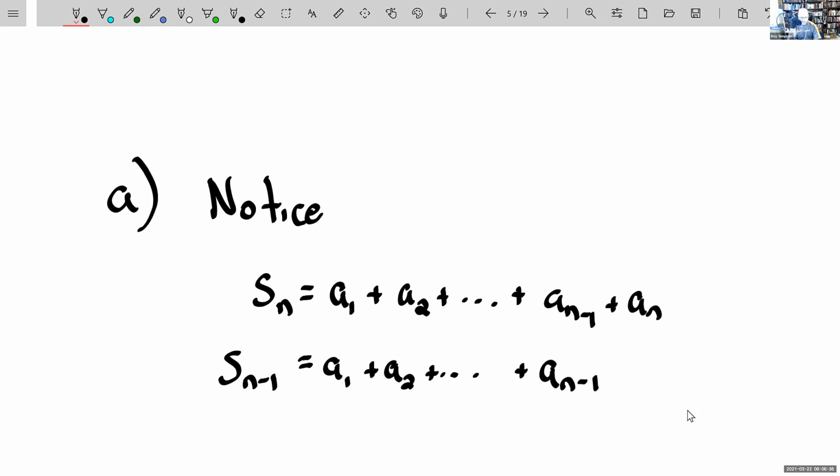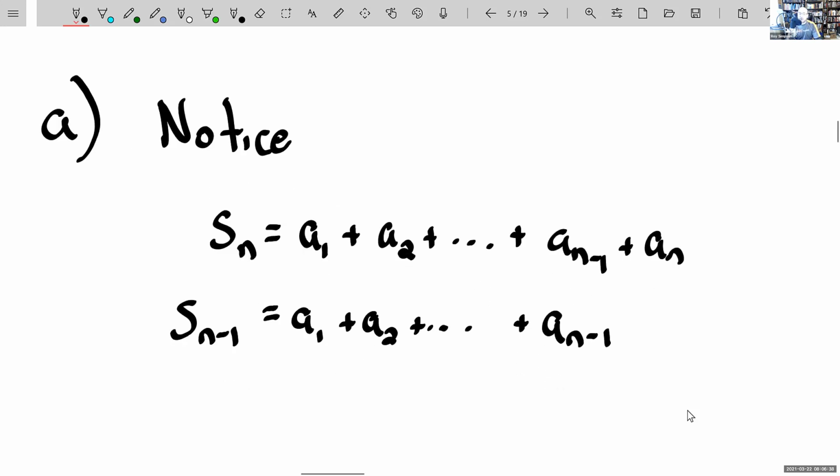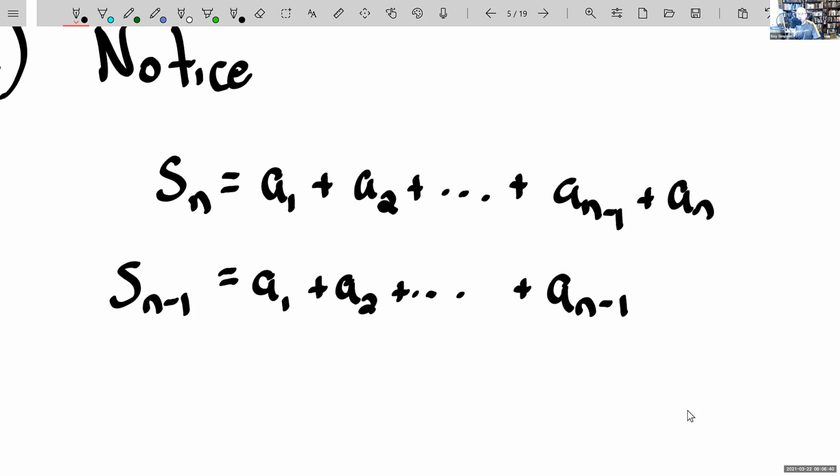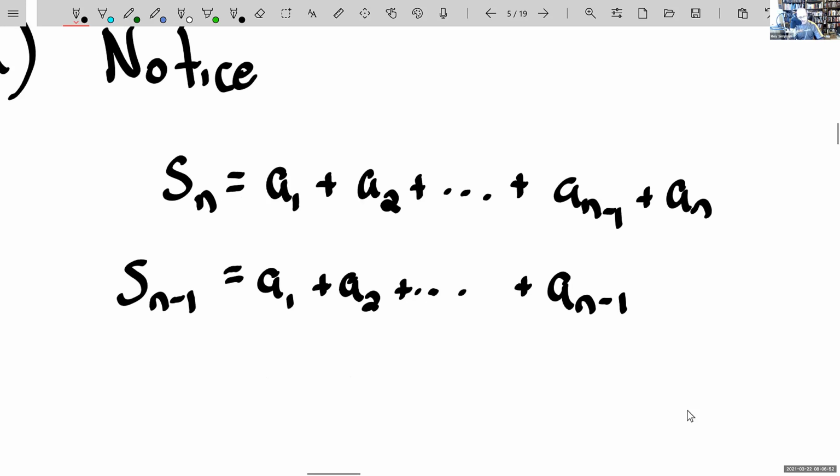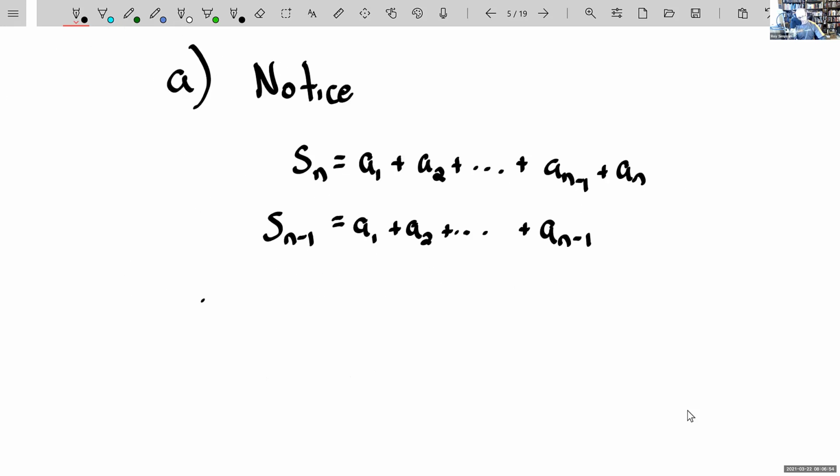So in the first case, S sub n, I added up the first n terms, a1 through an. In the second case, I only add up the first n minus 1 terms. But notice, this tells me that if I take the sum of the first n terms and subtract off the sum of the first n minus 1 terms,